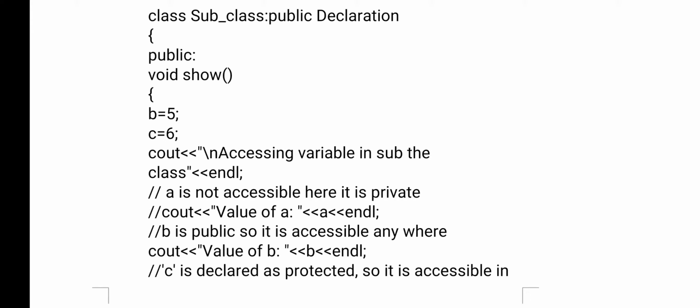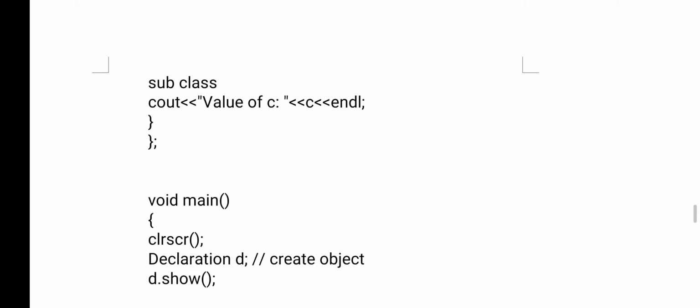Okay, so here one variable is protected and one variable is public. So the two variables can be accessed in a child class here. That is an example of